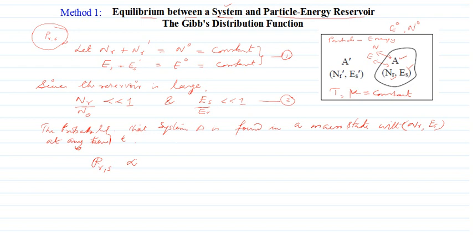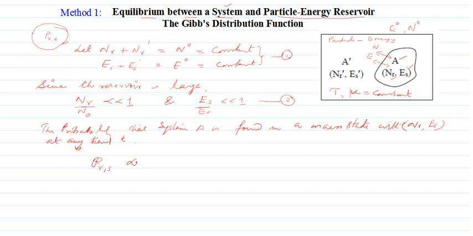The reason was well explained in the previous lecture for the canonical ensemble: whenever there is a particular microstate with NR and ES for the system, there will be a corresponding microstate for the reservoir. So whether you consider the case of NR, ES of the system or NR prime, ES prime of the surrounding reservoir, you are going to get mathematically the same result. And doing the second one, that of the reservoir, has mathematical advantages as well. So we are calculating PRS is directly proportional to the number of microstates of the reservoir, omega prime,